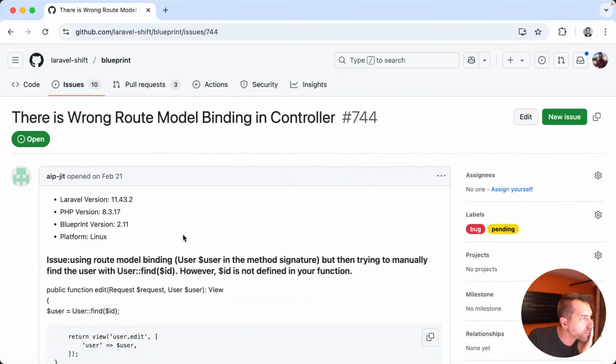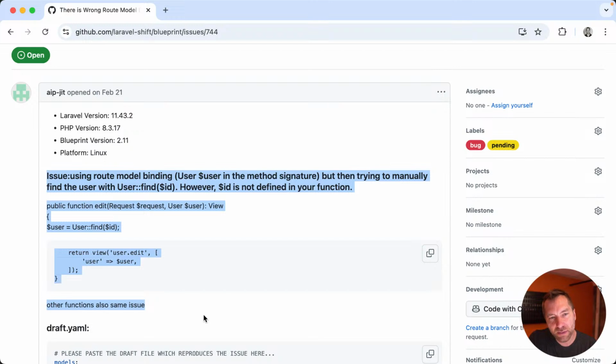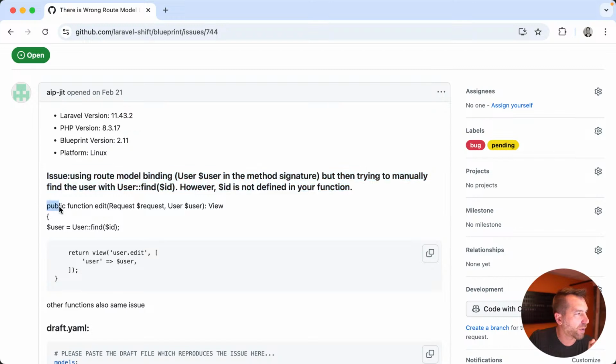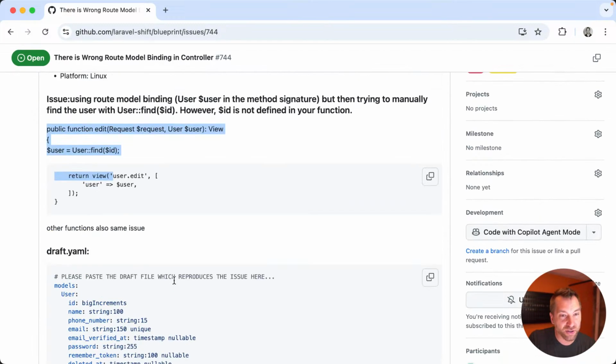Okay. There is wrong route model binding in controller. All right, let's see what's going on here. Issue, using route model binding. When you open an issue or a PR, please just take a second pass and make sure that the formatting is correct. Why is this bold? Why is this a heading? Why isn't this in the code syntax? I mean, you already got some of the code syntax, right? Like, the rest looks pretty good, but yeah,